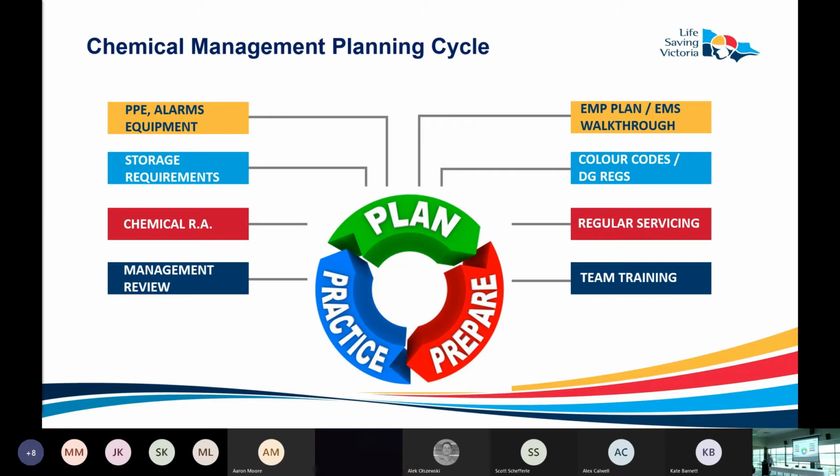And finally, in your prepare phase, it's important for team training and making sure your team are adequately trained in all the possible occurrences that you highlighted in your risk assessment, that you highlighted in understanding your storage requirements, that they understand the PPE and the alarm equipment and how to shut things off, that they understand what the emergency management plan is in relation to